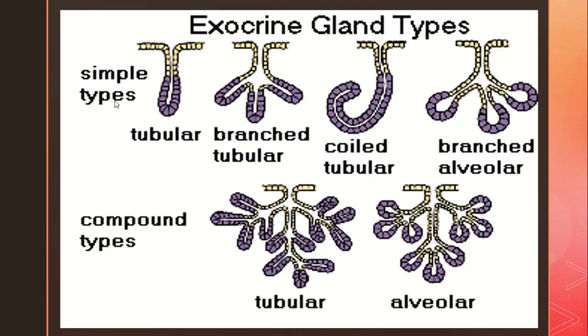So these are the types of the exocrine glands. The simple types are there, compound types are there. Simple types mean tubular, that is, the gland is in a tube form, that is called tubular. Branched tubular means it is present in branches. Coiled tubular means it is present in a coil. Branched alveolar, as you know the lungs have alveoli, it is present in this shape, no? So this is called branched alveolar. In compound types, tubular and alveolar are both present. So this is just giving an idea, but you can refer to this